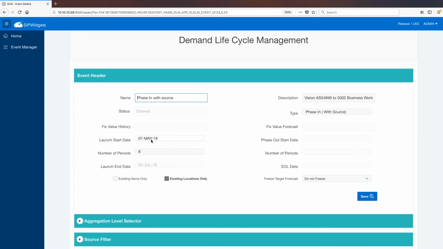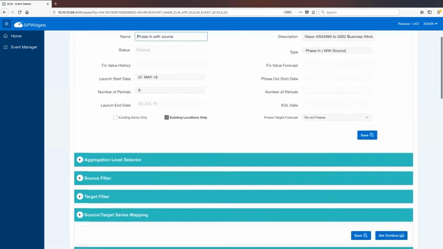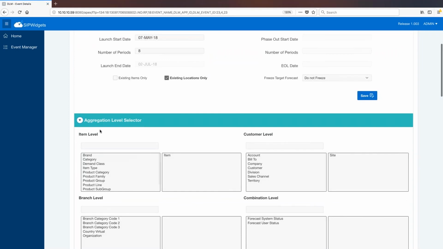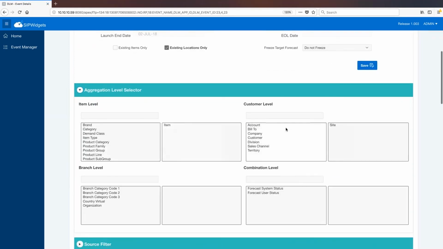We have to define the launch date and the launch period, and that would automatically define the launch end date. One thing to notice here is that we have chosen the existing locations only, and we'll see the effect of this in a minute. Then defining the level where we want to do this is at the item site level, so that we can define the overall contribution accordingly.